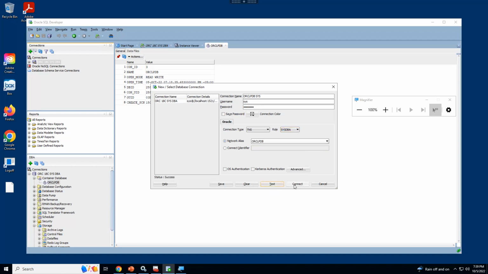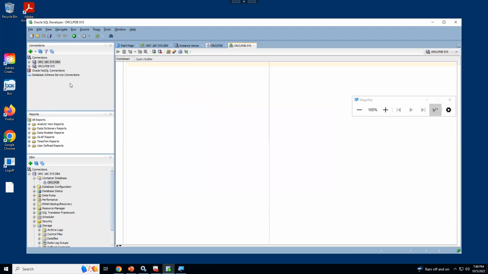Test and connect, right? So once you have the connection, now we have two connections. One is the container database, DBA. The other is the pluggable database, DBA, right? So now we can create